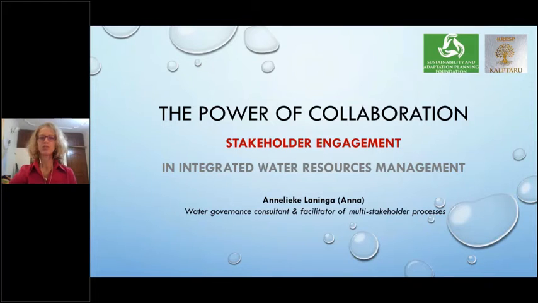I'm a water governance consultant and facilitator of multi-stakeholder processes. My background is in administrative law, public policy, and public management. I worked in the water sector basically for the last 20 years and nearly 10 years in India. I managed European funded projects related to cross-border river basin management prior to coming to India, and we provided inputs